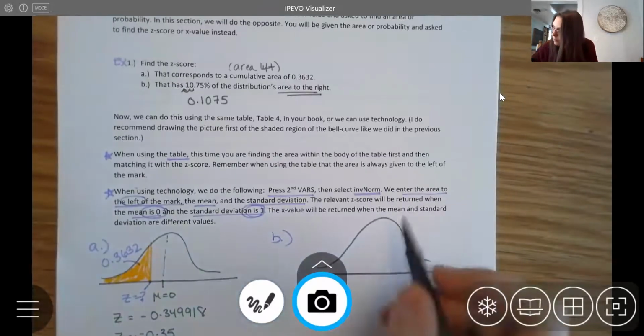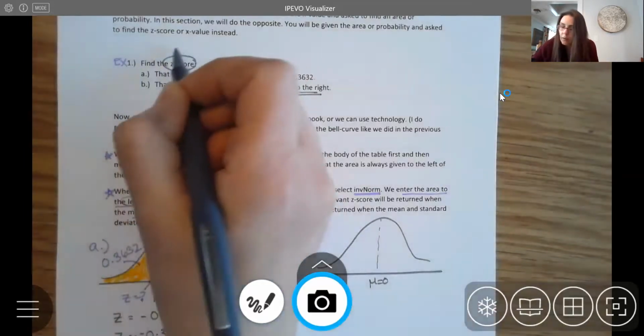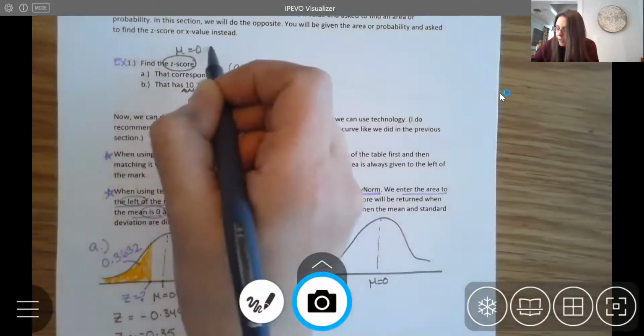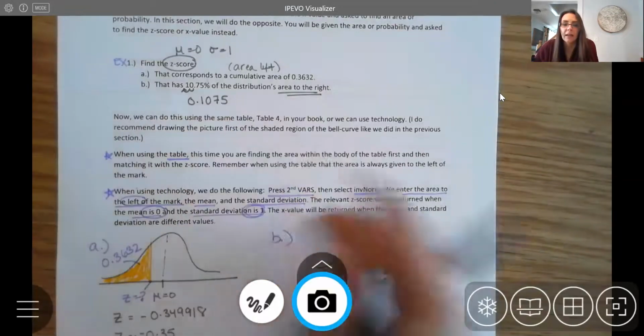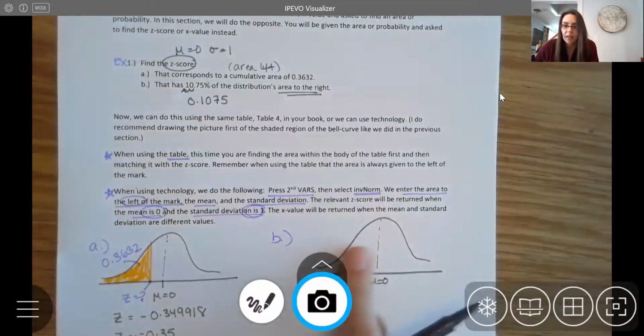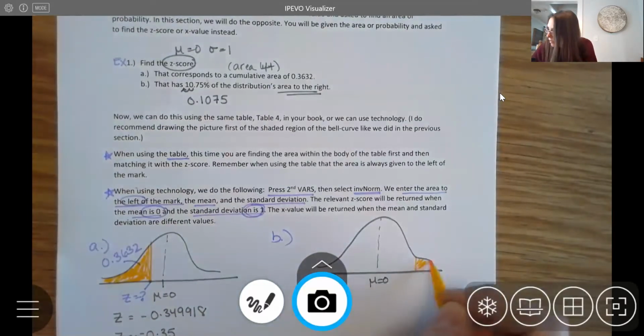If I'm talking about z-scores, my mean is right here at 0. So again, we're looking for z-scores. Your mean is at 0 and your standard deviation is 1. I have 10% on the right, and this splits it in half, so you have 50% here and 50% here. So if I have 10% on the right, it's going to be way over here, maybe somewhere like this. Okay. And this is going to be that